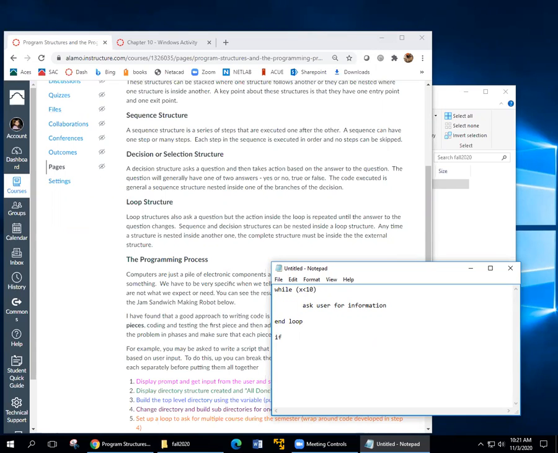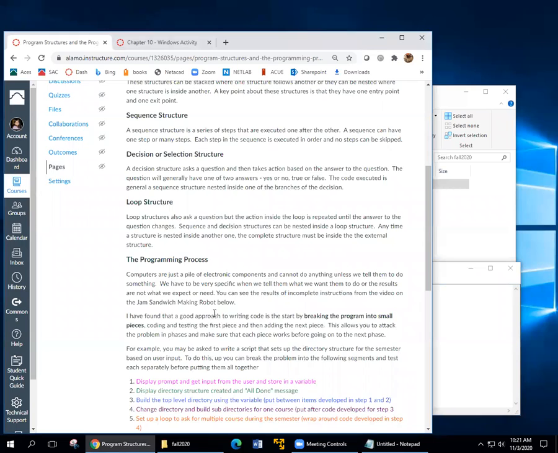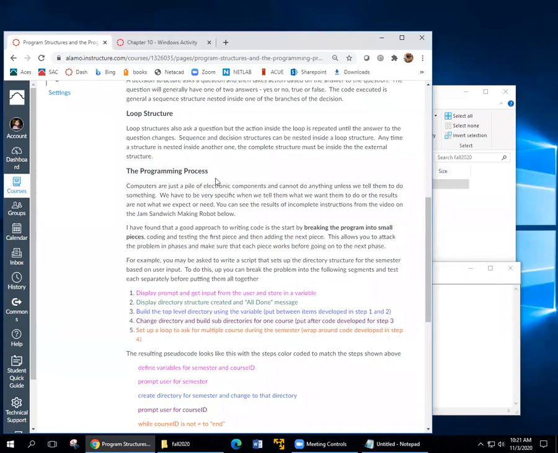If user clicks file, then display menu. Okay, so that's the decision structure, and then here is the loop structure. Okay, so there's a programming process. So when you're going to create a program,